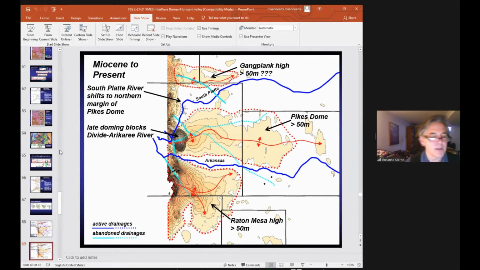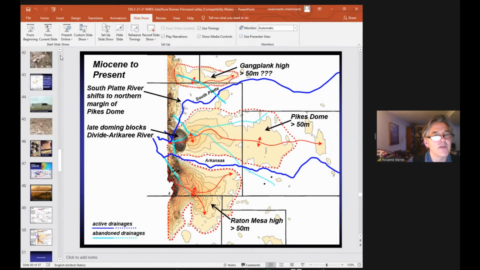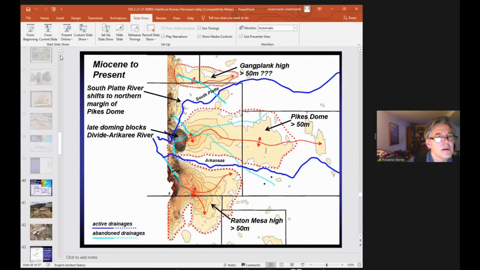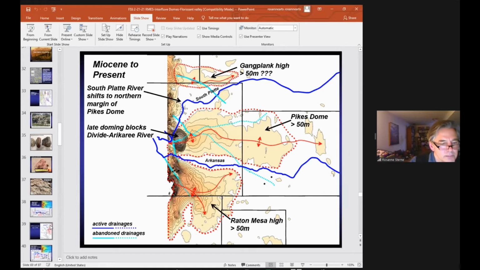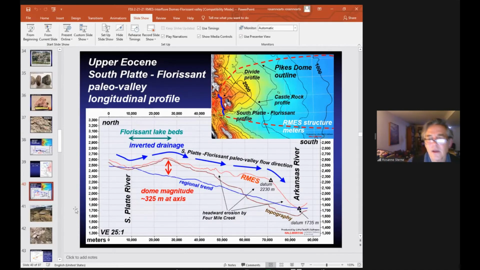And not only that, but if we look at the profile for the South Platte River, here's the dome axis I focused on, but look at this down in here. You've got the Rocky Mountain Erosion Surface way up here. You've got the current topography way down here. There's all kinds of headward erosion that's taken place